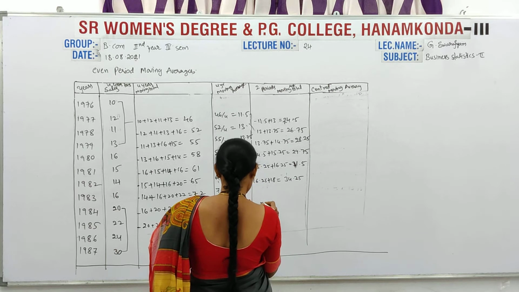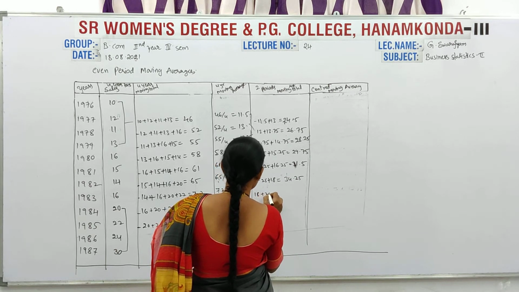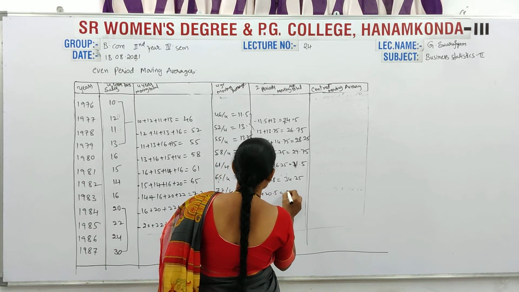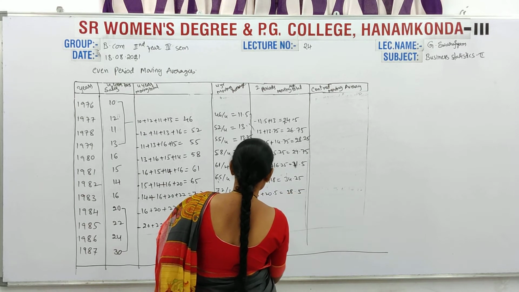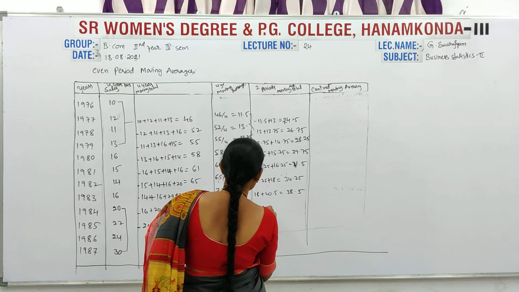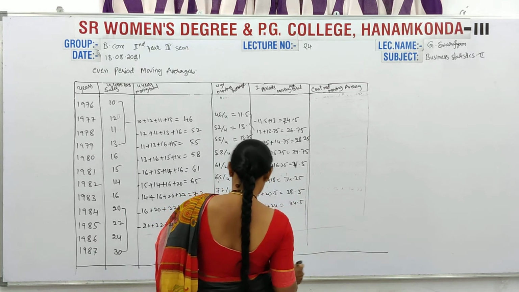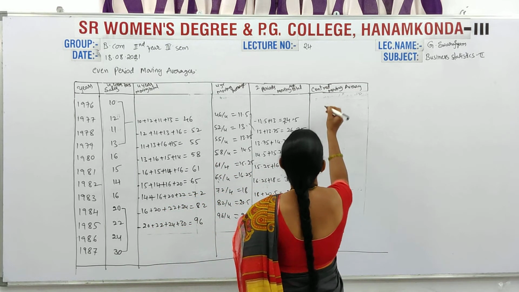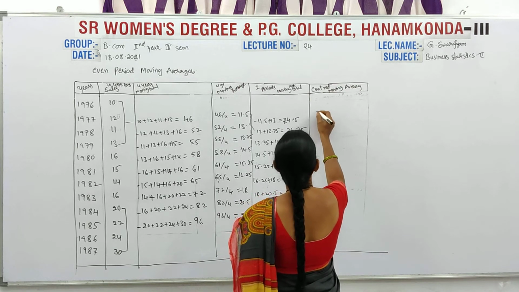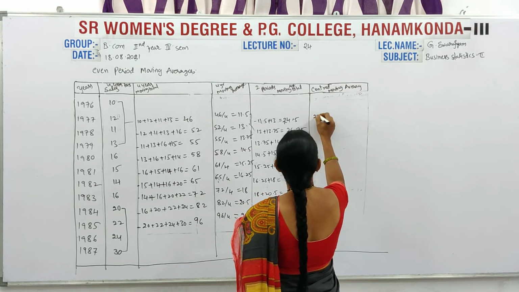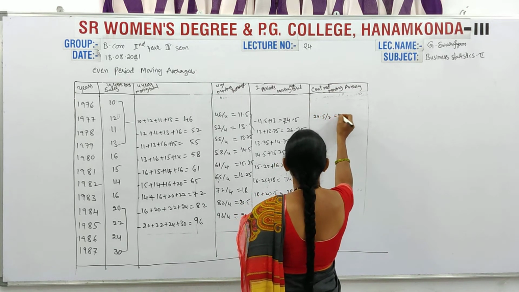34.25. 18 plus 20.5 is 38.5. 20.5 plus 24 is 44.5. Okay. So for the center moving average, we take the total divided by 2, so 24.5 divided by 2